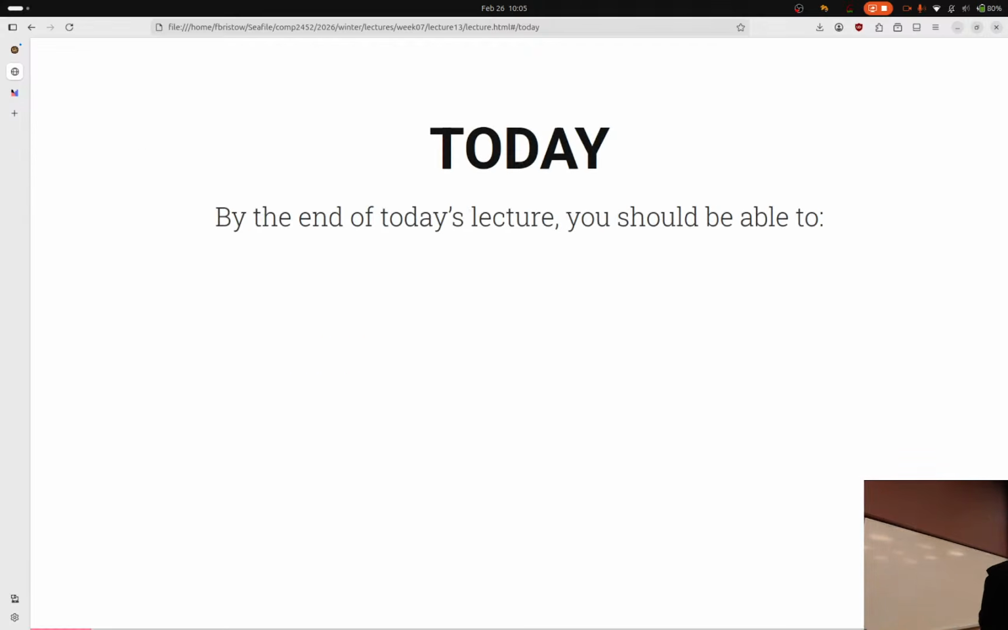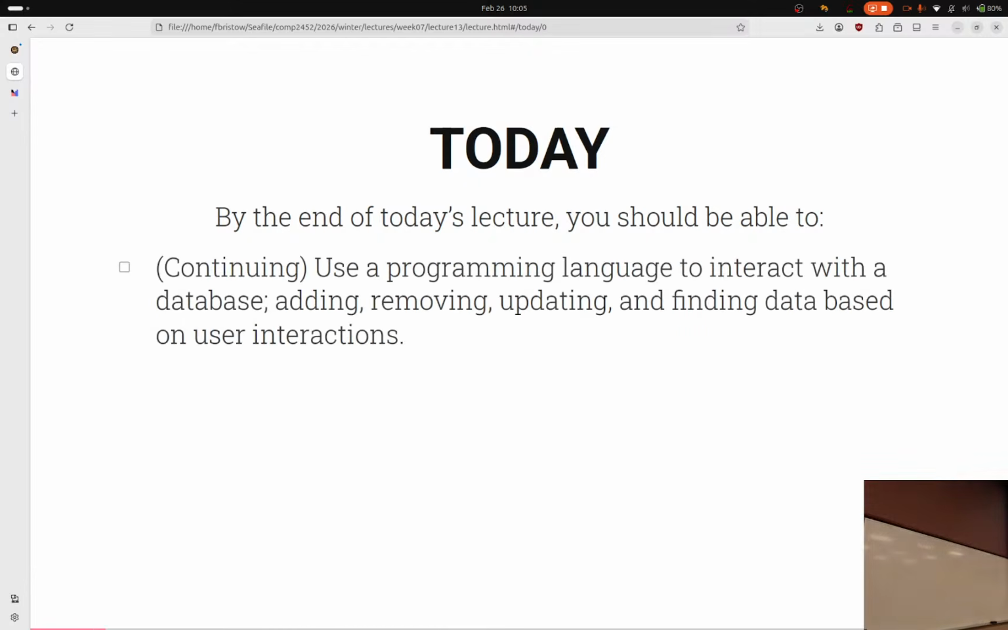So by the end of today's lecture, what I would want you to be able to do is to continue to be able to use a programming language to interact with a database. So today I want to be able to do finding data based on user interactions and adding data based on user interactions. So we're going to add new data, and then we'll be updating data as part of this. I want you to be able to